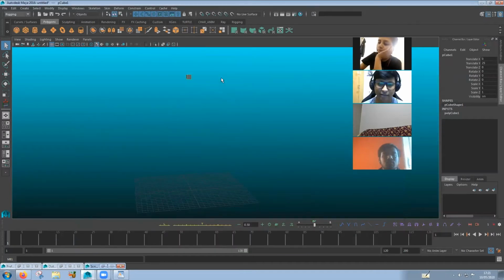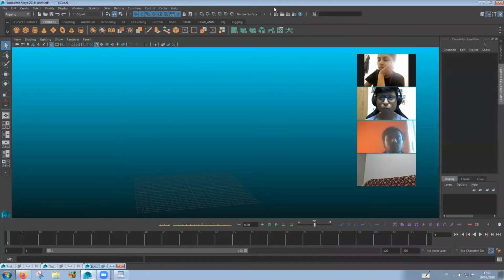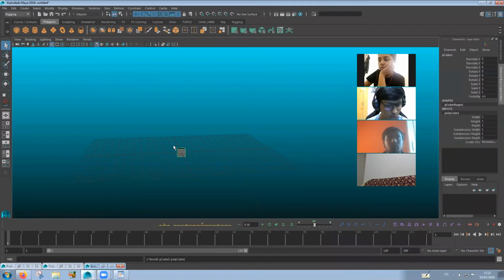To explain it even further, because I'm pretty sure it would have been difficult for a lot of people to understand in the first code, let me just move on and show you more. So we'll take our trustworthy cube over here. I'm going to move it 5 units to the positive side of the grid.